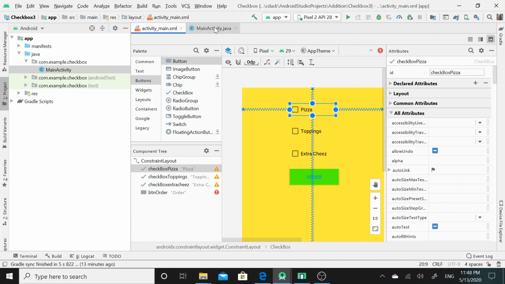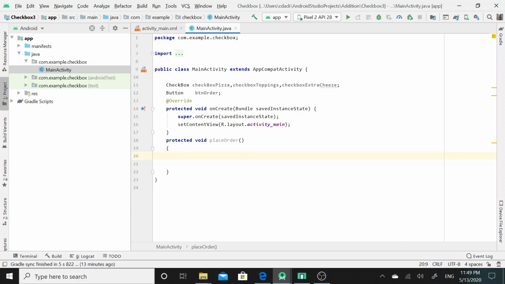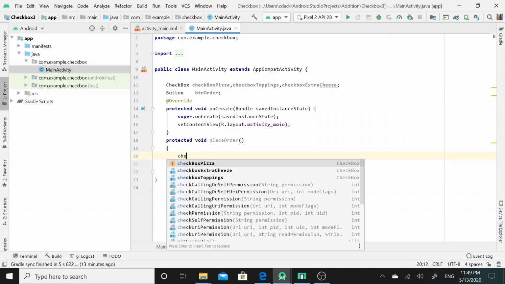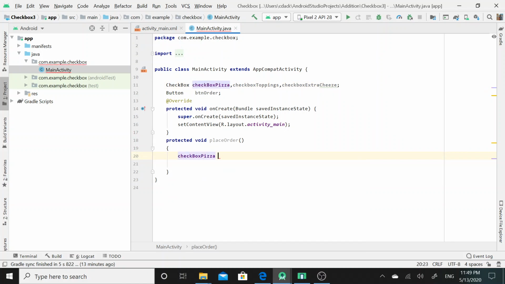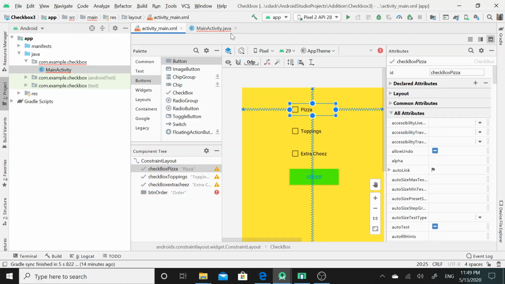So this ID I will assign to the checkbox pizza reference of the Checkbox class. This is a reference of the Checkbox class, and how shall I find the ID of this pizza checkbox?